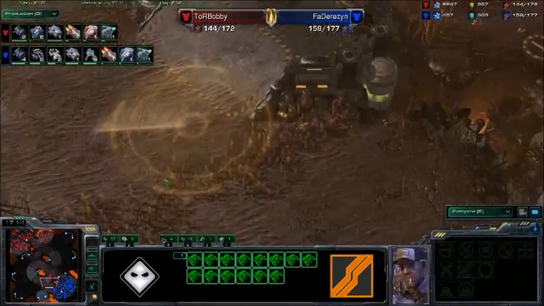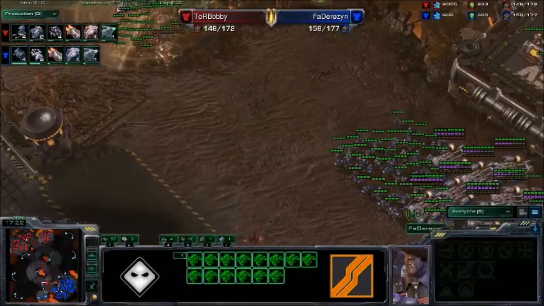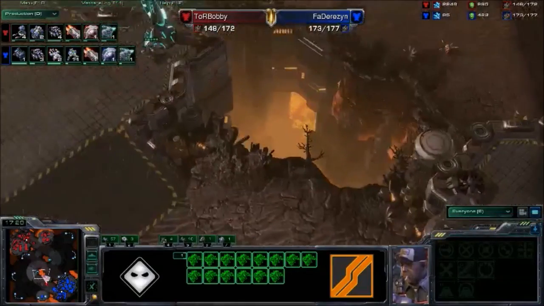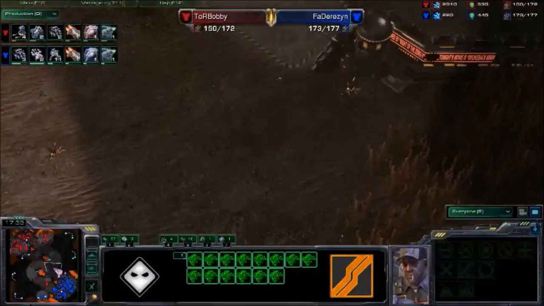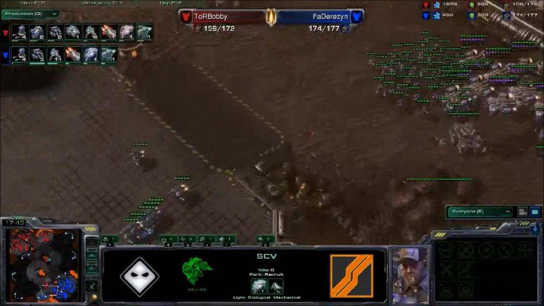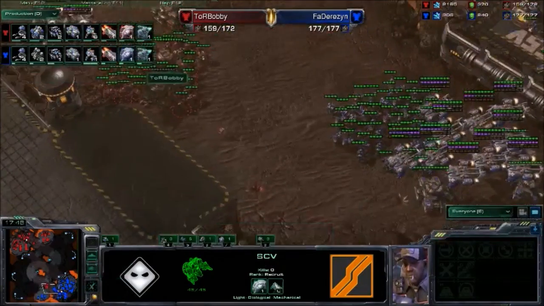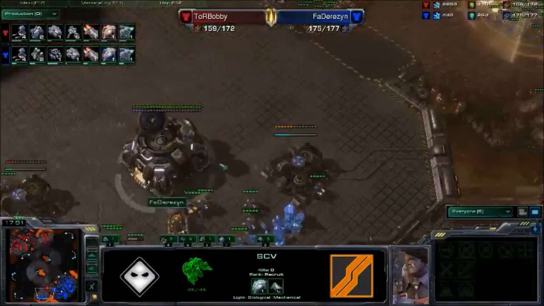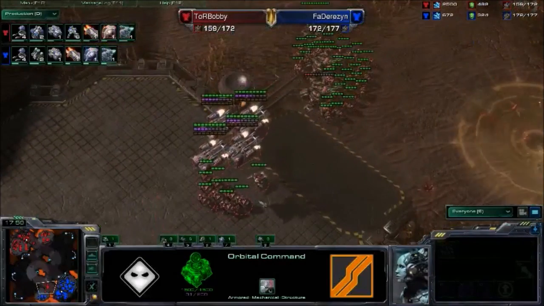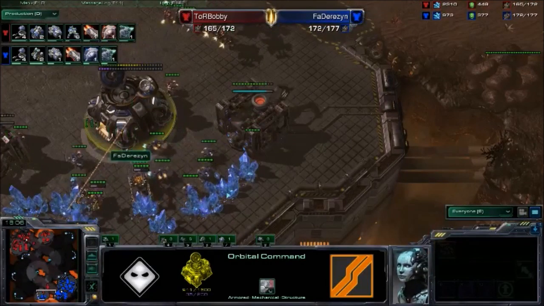So Bobby moving out into the middle of the map now, drops a scan down just to check whether Resin's army is there or not. I'm not sure if Resin actually saw that army pushing out. He still has the watchtower, that SCV is still there. But Bobby needs to be careful here. He's got the siege up, and in fact Resin's in a bit of trouble here because his third is now exposed. Bobby moving a small pack of Marines in to snipe the orbital, and